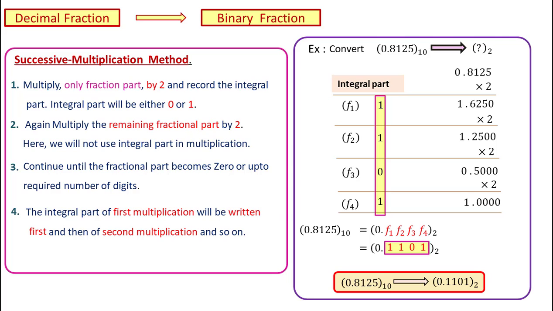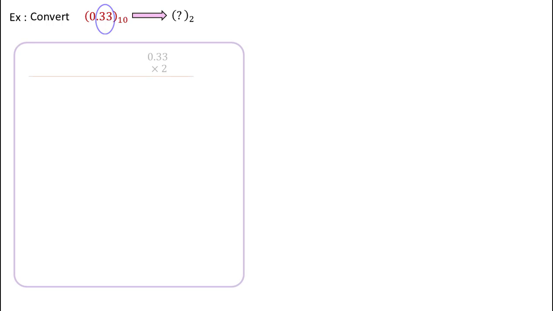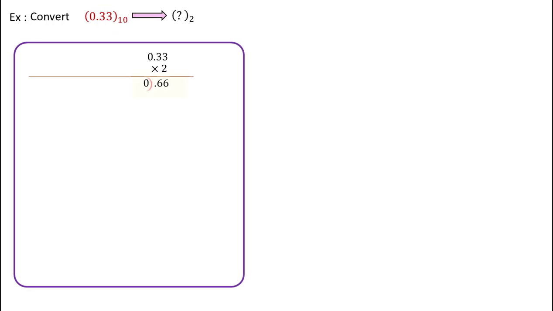Now, we will discuss the next example. Here, we have to convert a decimal fraction into a corresponding binary fraction. As we did in the previous example, we multiply only the fractional part by 2. So, on multiplying, we get 0 as an integral part and 66 as a fractional part. And proceeding in the same way, we get